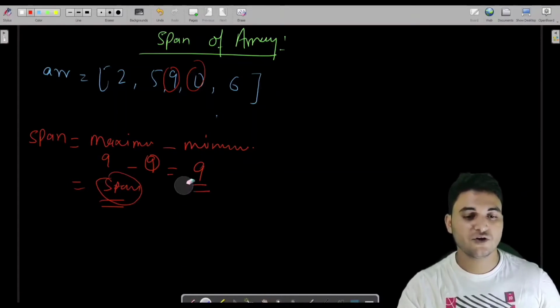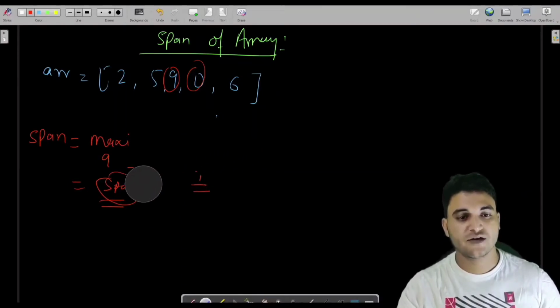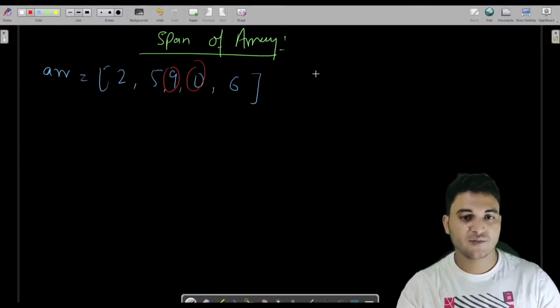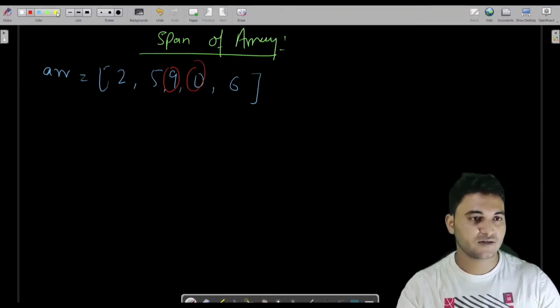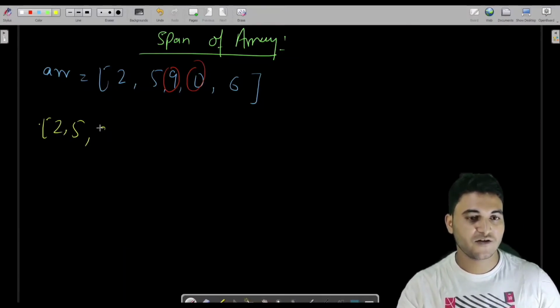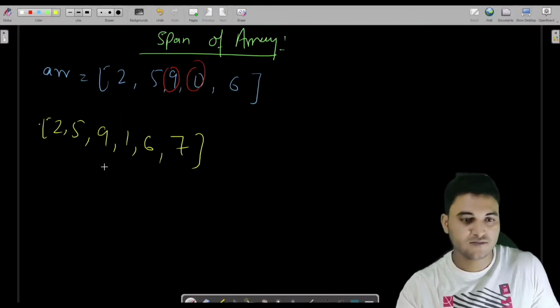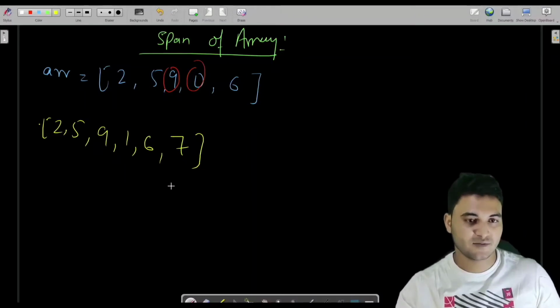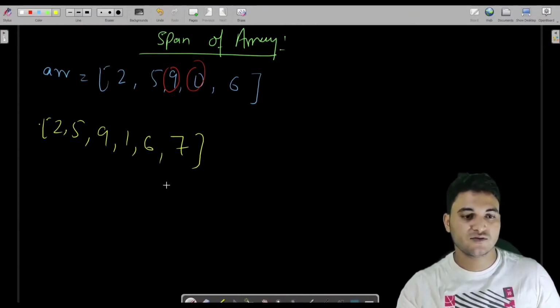Let us say how would you approach this particular problem? If I have to ask you to solve this, how would you approach this? Let us say you have been provided with this particular array: 2, 5, 9, 1, 6, 7. Firstly, you have to get the minimum and the maximum. The main spirit of this question is detecting the minimum and maximum, because we have done the linear search in our previous program. So to get more clarity over the linear search, we have to get the maximum and the minimum.